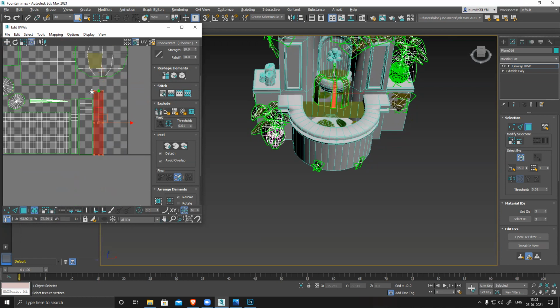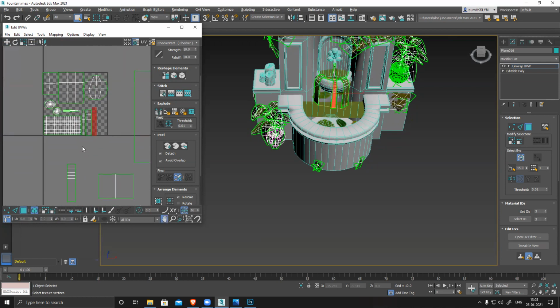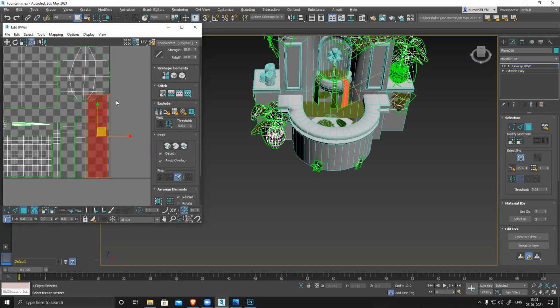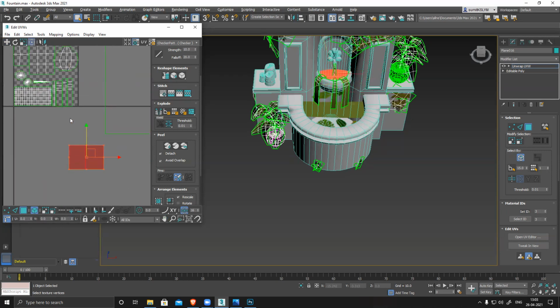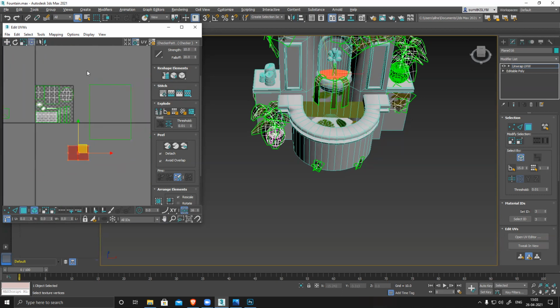You have to use most of the UV space available. So I'm aligning everything. Now I can see these two planes are way too big to fit into this area.